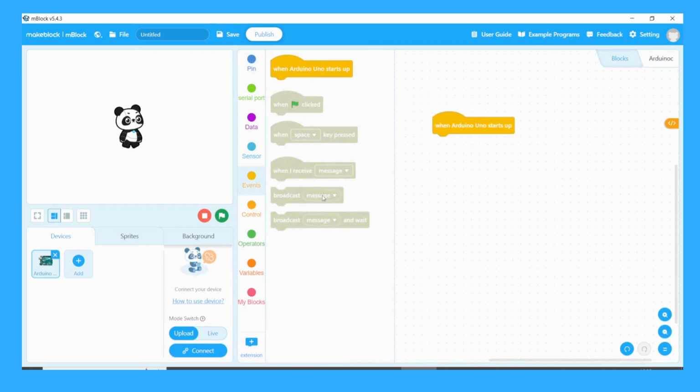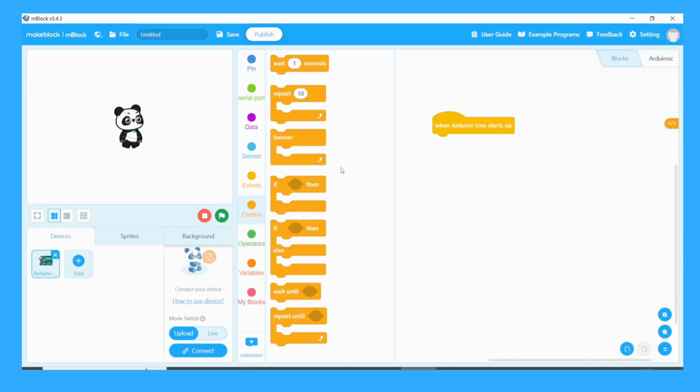First, I start the Arduino program, then I set up a continuous loop because I want to constantly check the button.